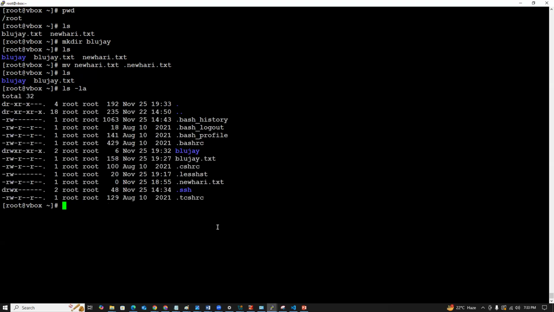Dot new hari.txt. I want to unhide this file. How can you do it? Move. Before the source, we need to provide the dot in front of new hari.txt. Now let's see ls. Yeah, it's moved from hidden to unhidden. So right, move